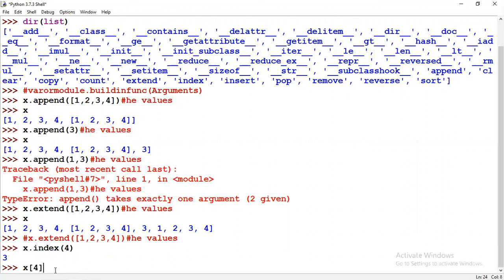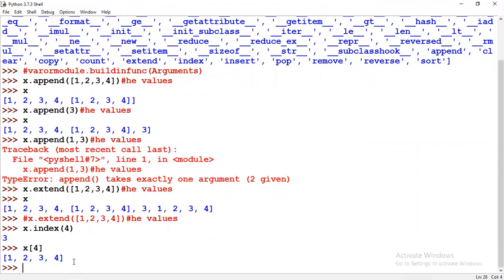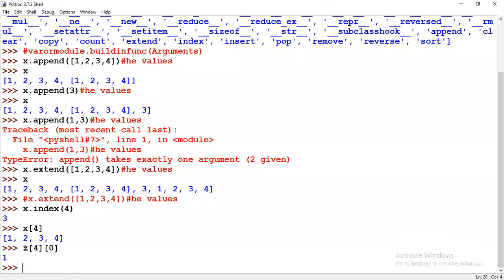1, 2, 3, 4, 5. The nested list, the list which is inside the sequence, we will get completely. So now if I want to access some element inside this list, that is nothing but a nested list, I need to give a 0. So from the 4th index, the 0th index I can get. So this is the appended value. But when I am just going ahead with this part, this is all extended value.